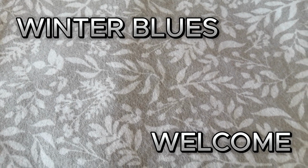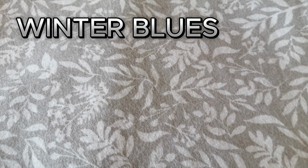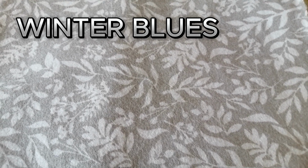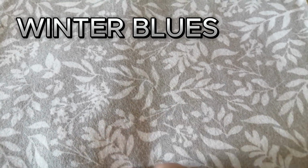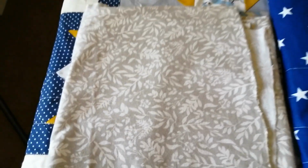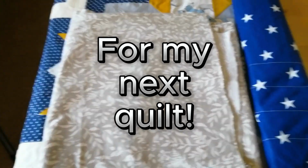So if you saw my last video, you'll recall that I was looking for some flannelette that I thought I had in my store to complete the Winter Blues quilt, and this is the fabric, which is really lovely and soft. It's a soft grey with white leaves. I think it's very autumn or winter looking, and there is enough to back a quilt, so in pieces, so I've put those together, so there's enough now, and I have completed that ready for autumn glory, because